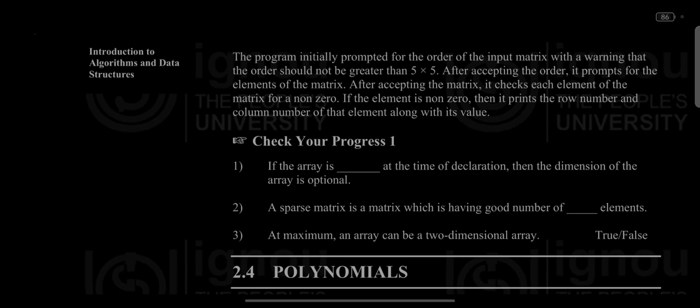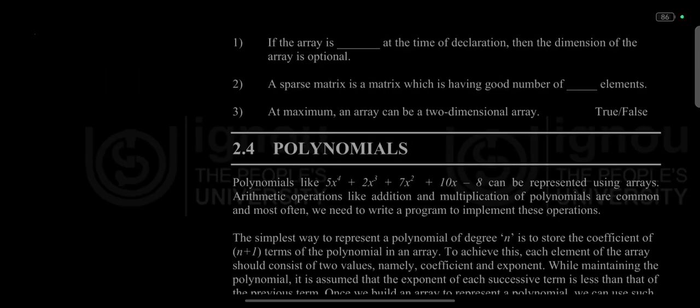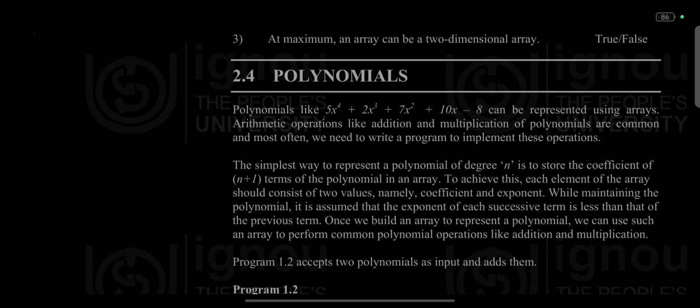So, hey everybody, today we are going to see polynomials 2.4. So, let's begin. Without any further ado, polynomials like 5x to the power 4 plus 2x cube plus 7x square